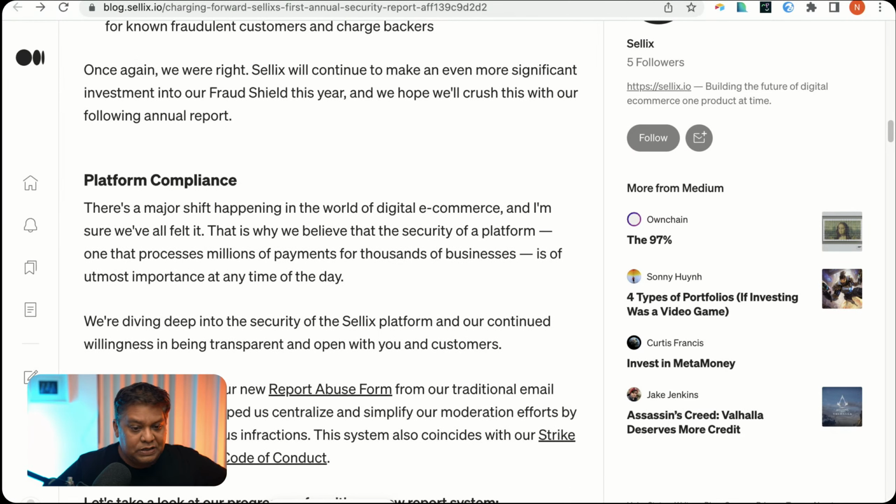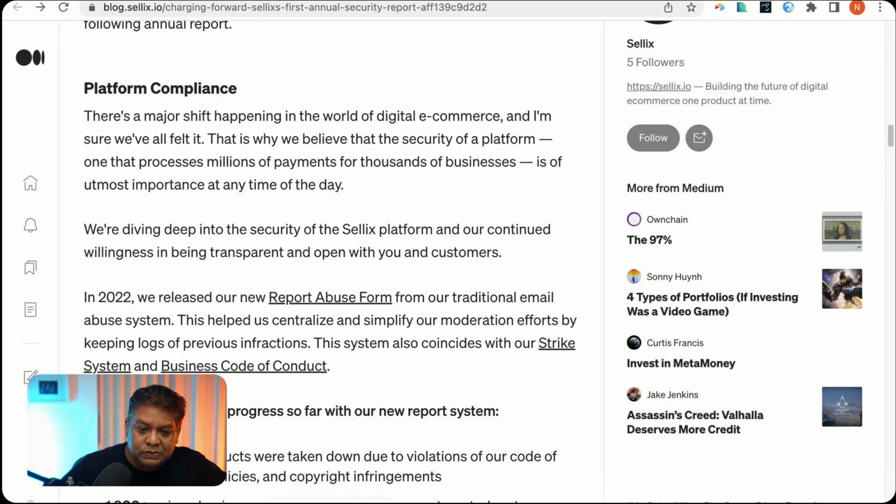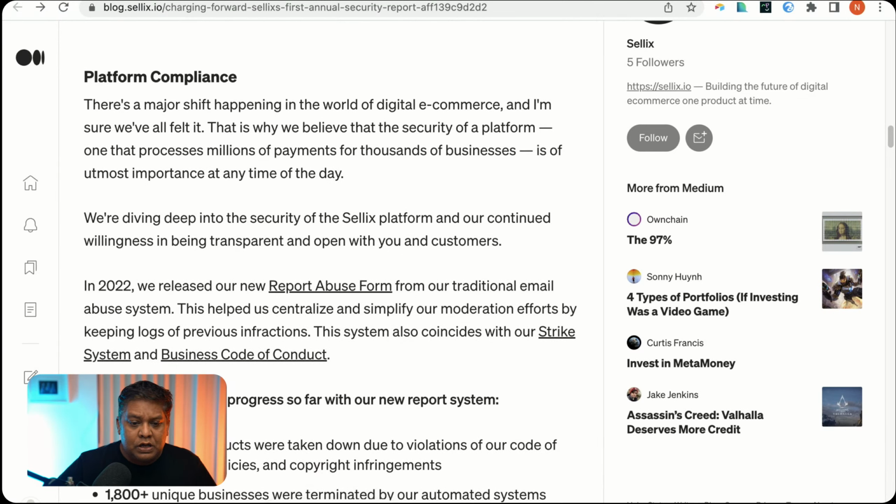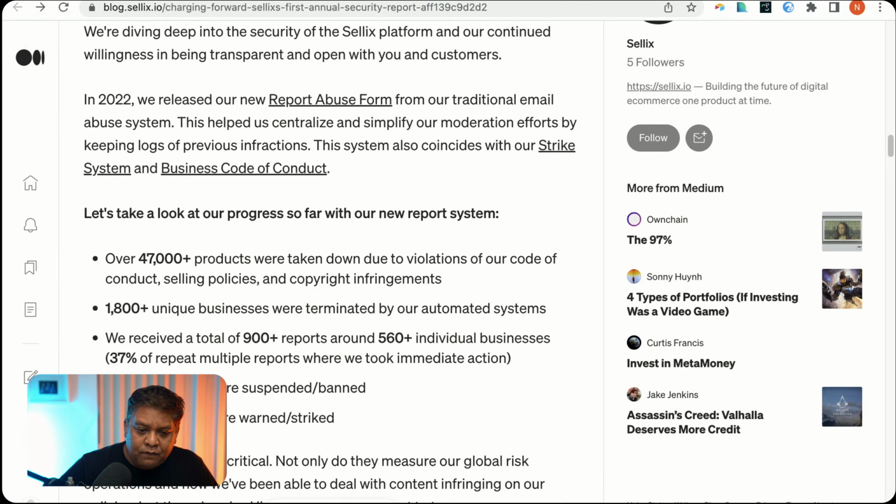Now the platform compliance. There are going to be some interesting numbers here as well. They're talking about 47,000 plus products taken down due to violations of their code of conduct, selling policies, and copyright infringements, right? Which is great, but that's a staggering number again.